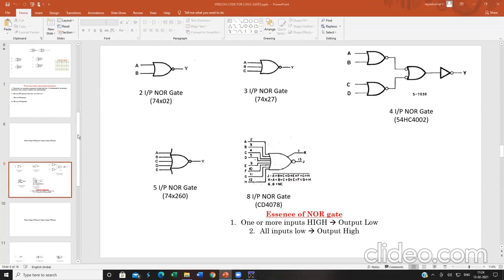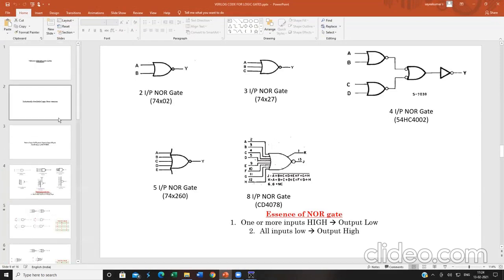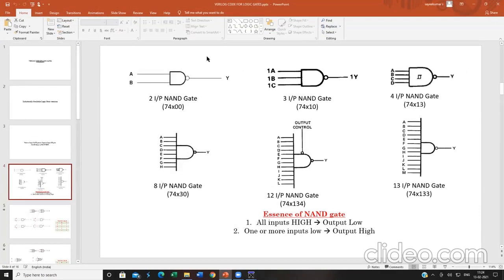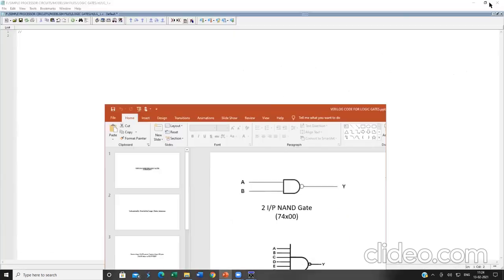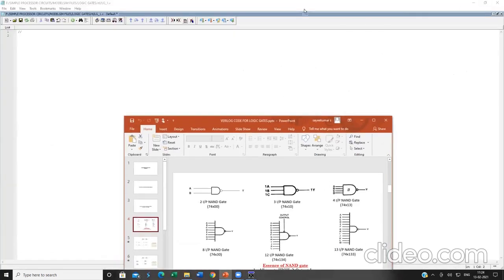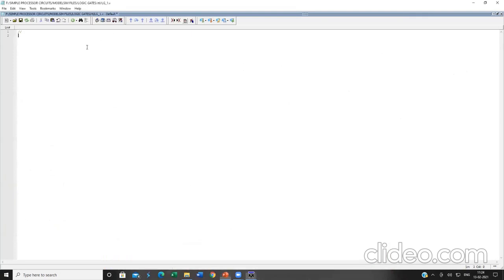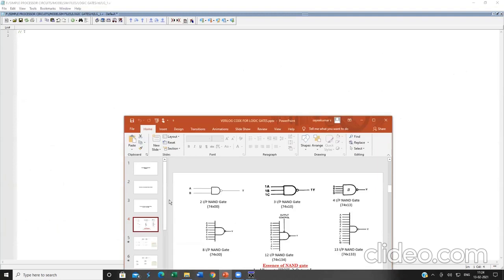Here, this is my 2 input NAND gate. I have already mentioned this in my PPT.